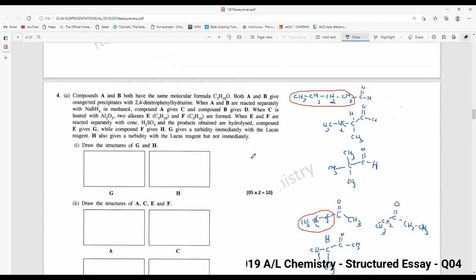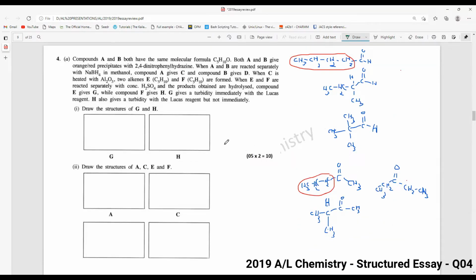Right, moving on. Question number 4 again. It's a medicine question, very similar and very simple and very informative. Compounds A and B both have the same molecular formula C5H10O. And they say both A and B give orange or red precipitate with 2,4-dinitrophenylhydrazine, which means this is the